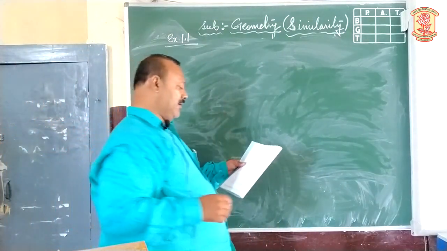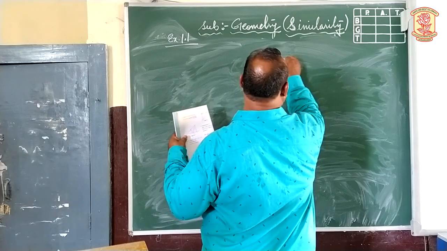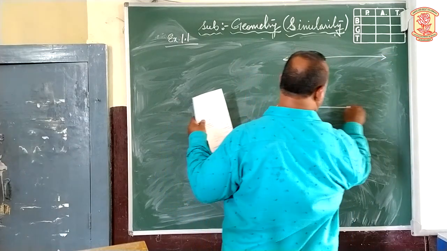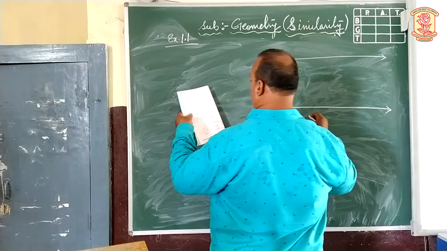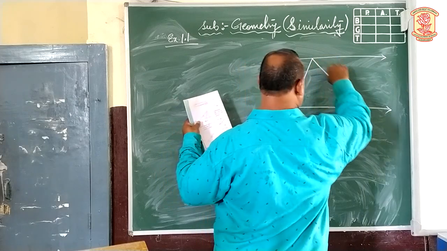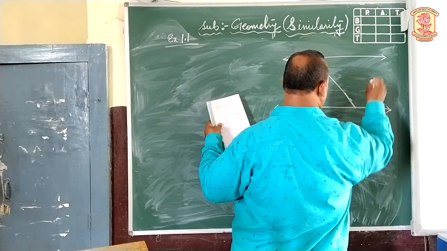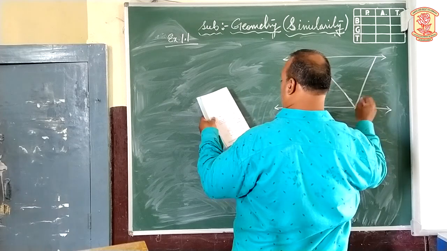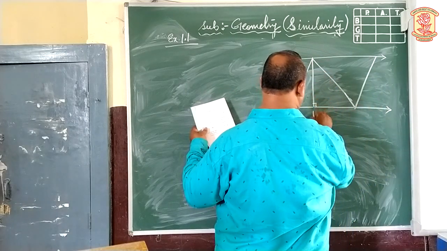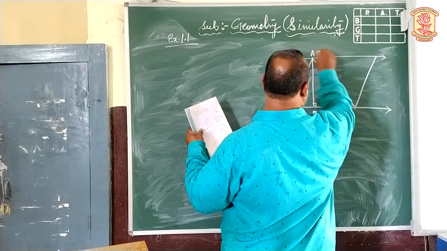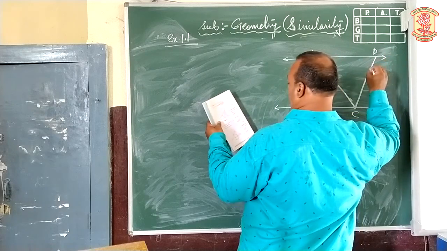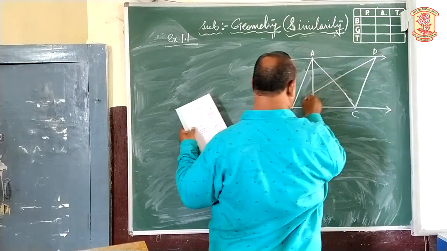Now see, two parallel lines are there. This is one parallel line. Again, this is the second parallel line. Here is AB, the altitude AP, A here is C, and this is D, joining B and D.